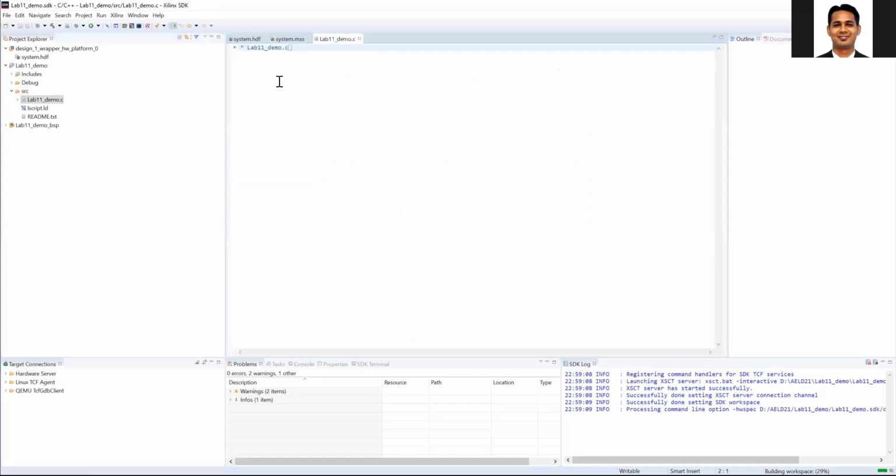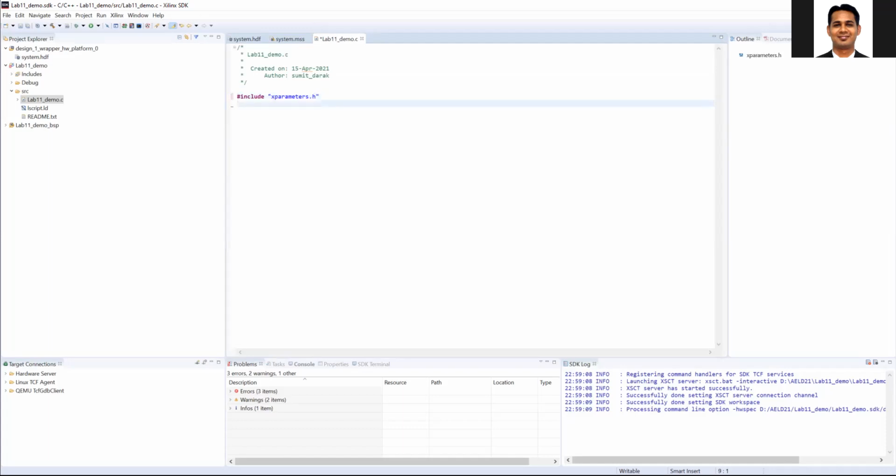Okay. So in this one, first we need to add the necessary files. As usual, the most important file is to include xparameters.h.